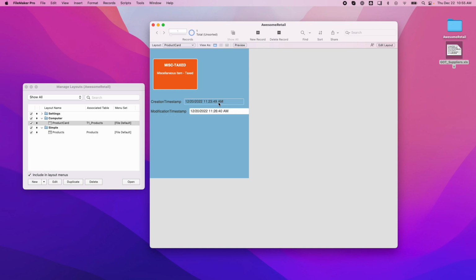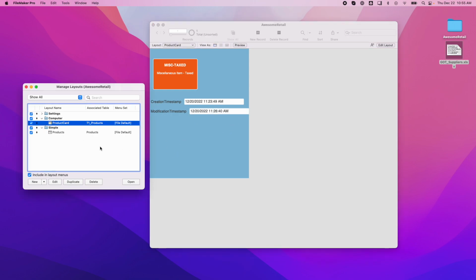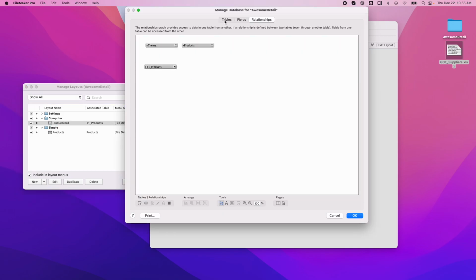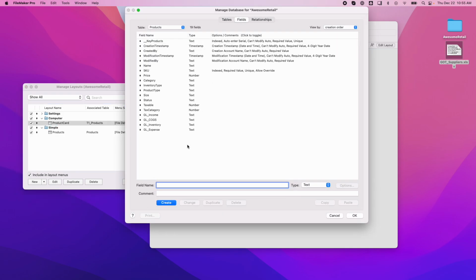Well, I don't want to see everything. I don't want to see all that information. If I need to go in there and get it, maybe, but that's a lot. I just want to see the date. Well, it gets a little complicated to display a field in a different way than it is shown there. And I'm going to use it quite often. So I think what I'm going to do is go back in here, and in my fields, I'm going to create a new field under product, and it's going to be a calculation field. And I'm going to call this created date,